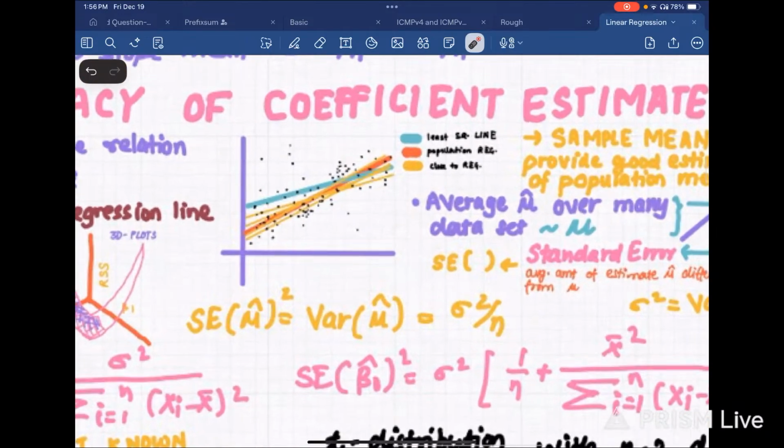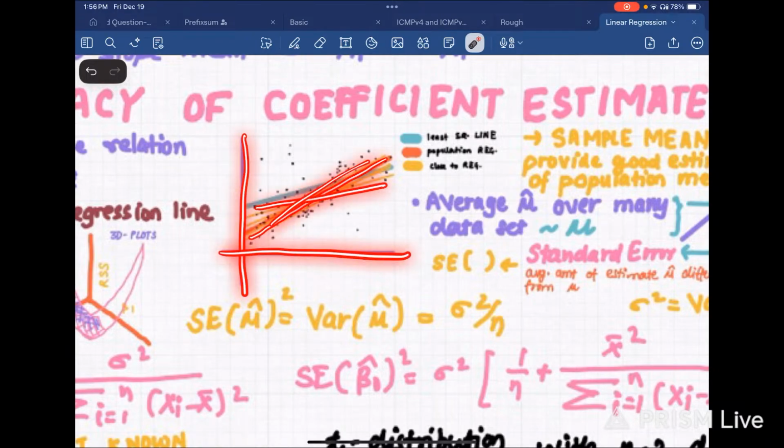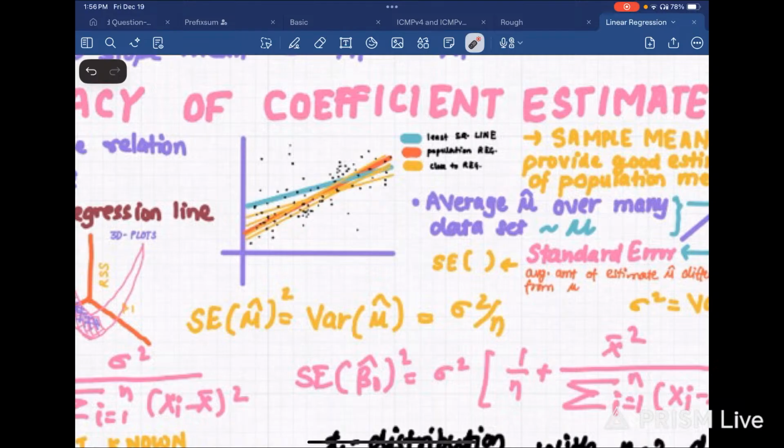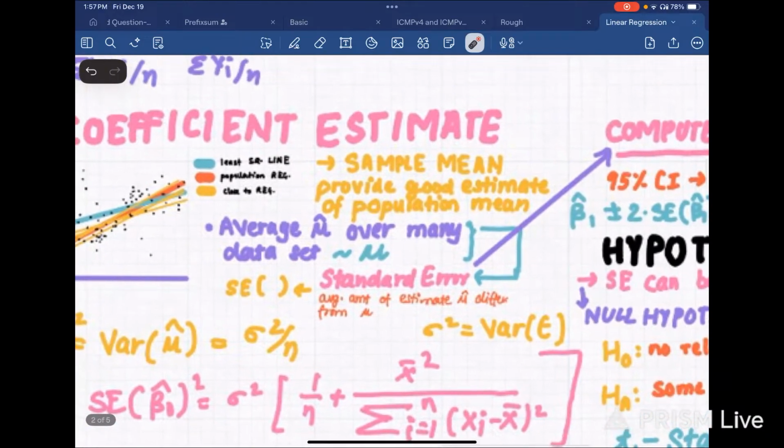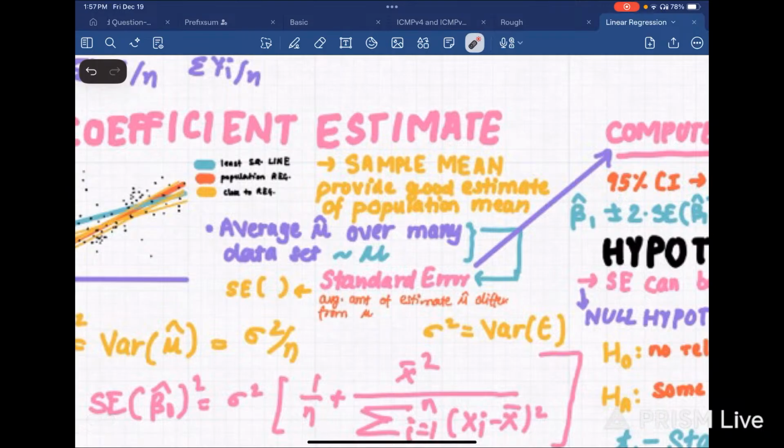And if you see here, when we plot this in a normal class 2 regression, we see that this is the least squares line, this is the population regression line, and this is the class 2 regression line. So we get different kinds of regression lines. What we can say is that the sample mean provides a good estimation of the population mean, and the average of mu naught over many data sets